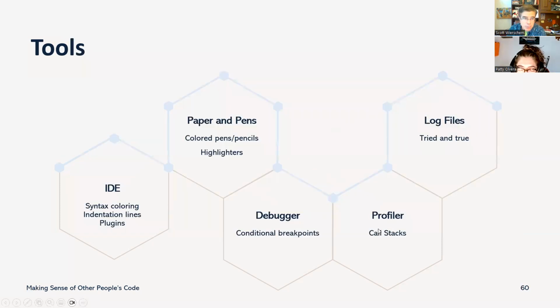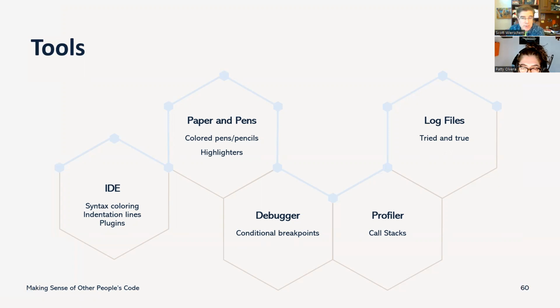You can use your profiler, so you can see the call stacks you get to when you're at something. Your debugger can also help you keep track of your call stacks as you're working through. And then tried and true log files. You can print stuff out, print statements as you're working through the code to see how things work. So these are all helpful tools that have been developed over time for us developers to make it easier to